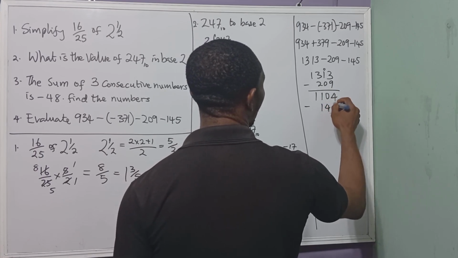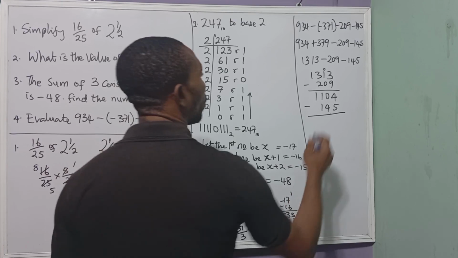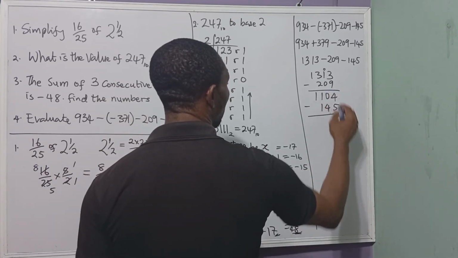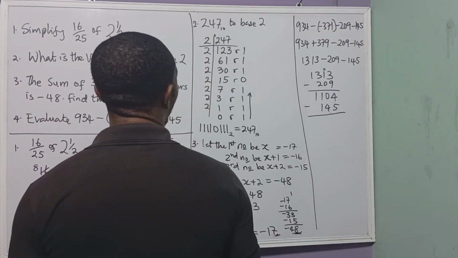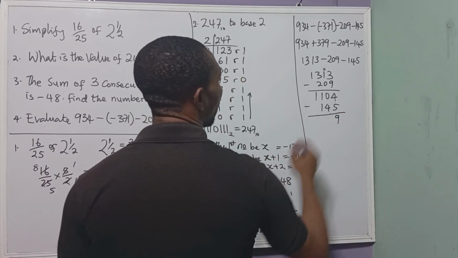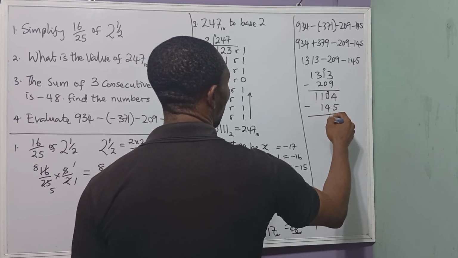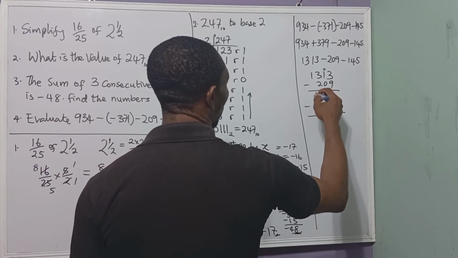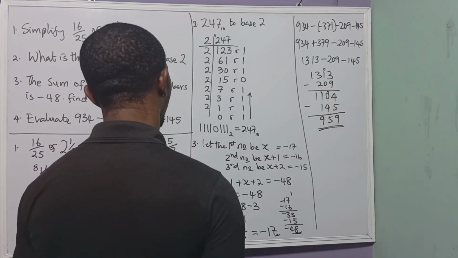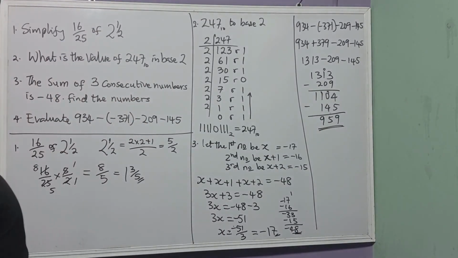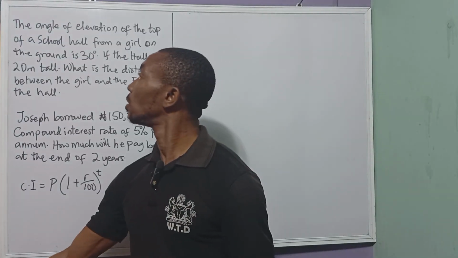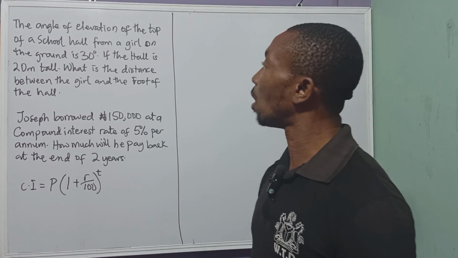145. Alright. Now, borrowing 1 from here, we have this as 10. We borrow from here, we have this as 14 minus 5 gives us 9. Okay. Now, 9 minus 4 gives us 5. This is 0. 10 minus 1 gives us 9. So our answer would be 959. Alright guys, to our next set of questions, it says, the angle of elevation of the top of a